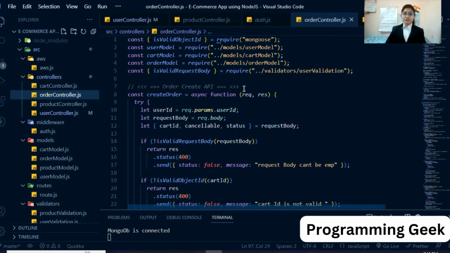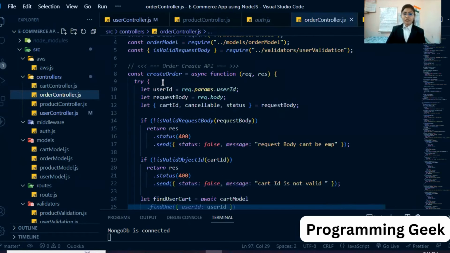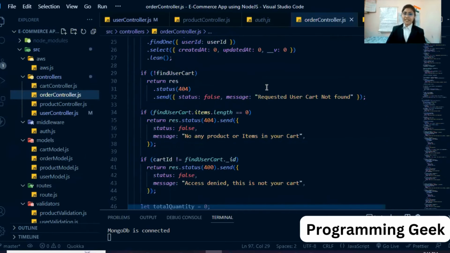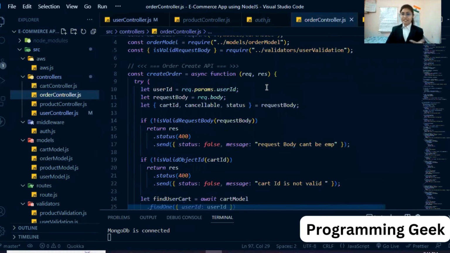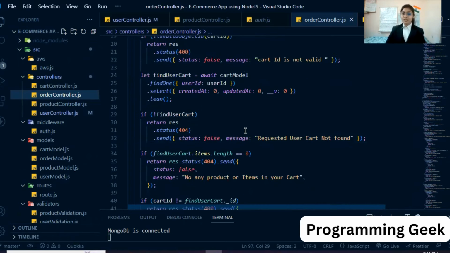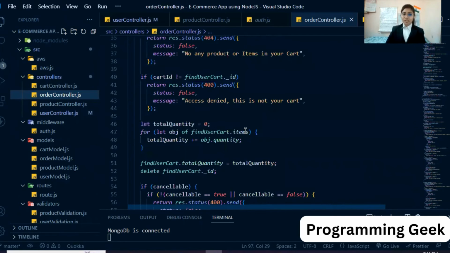Like create order. For creating the order, first I validate that the data is present in the valid format or not. If it is valid and the user is authorized, it means it is a valid user, then we can allow them to create the order.